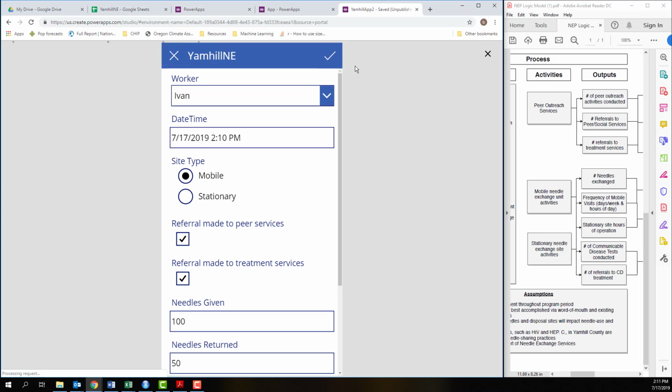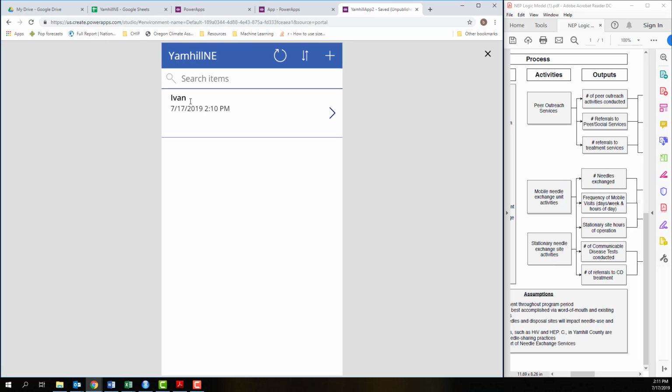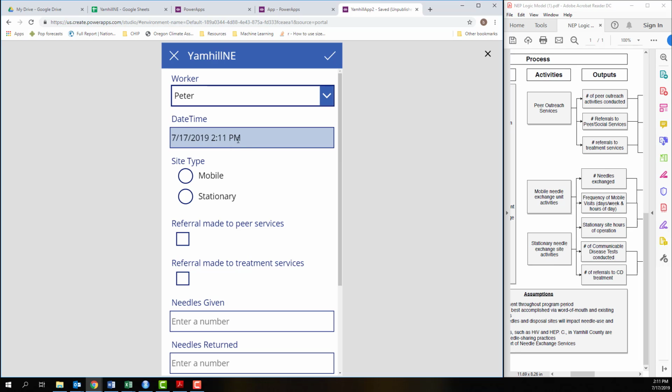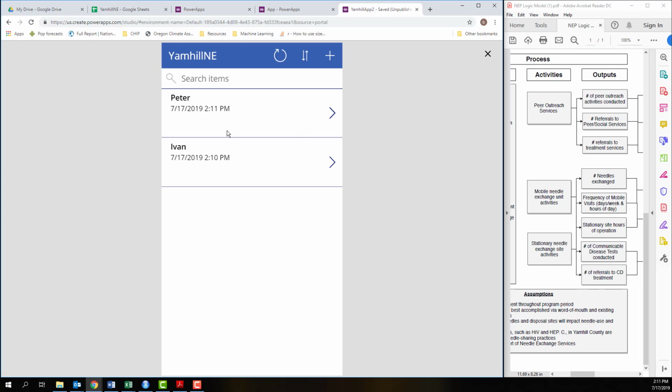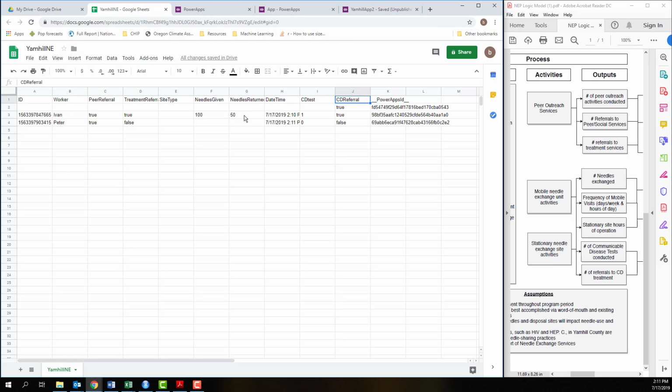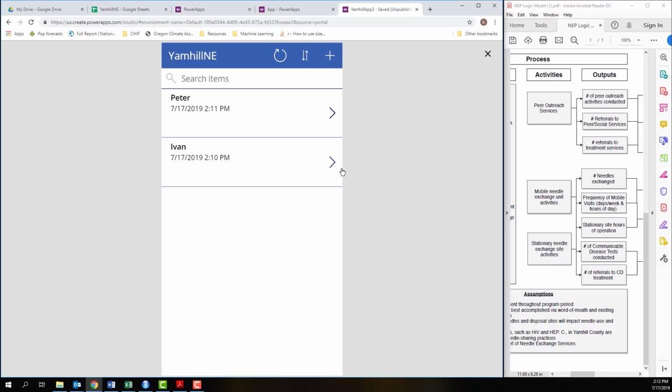And now when I hit the checkbox, there's worker and date time. And so if you add another one, you can see this is now 2:11 p.m. because it's a minute later. And it's added here to the browse screen, and it's also saved here in the Google Sheets with the ID, the worker, and the other information. So that's how you would do the app,